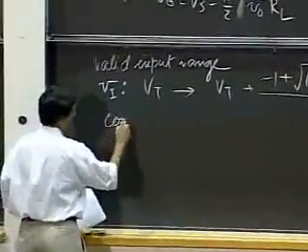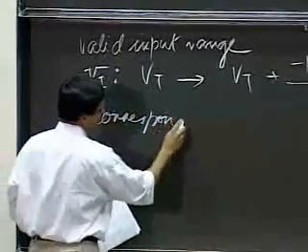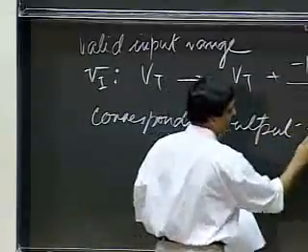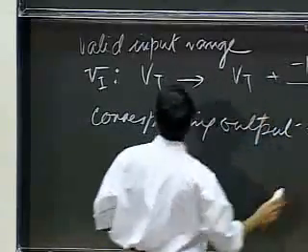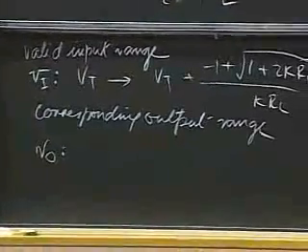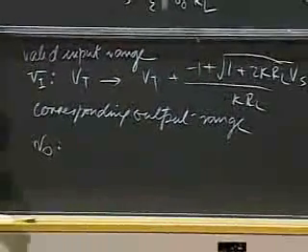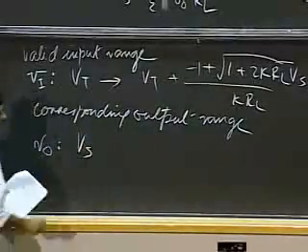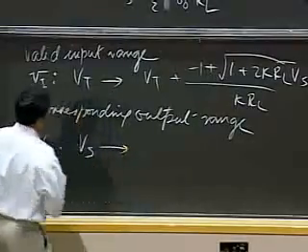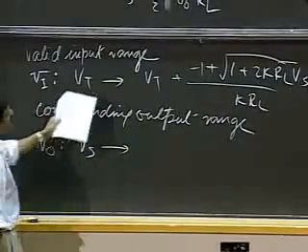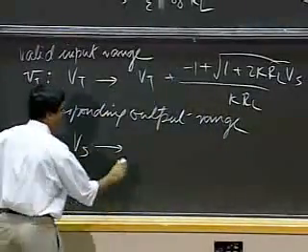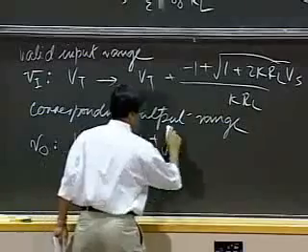I can write the corresponding output range, and that goes from Vs, when the input's at Vt, the output's at Vs, and goes from Vs down to the input minus Vt. Which is simply minus 1 plus